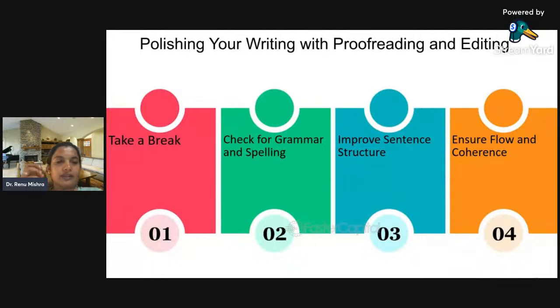What happens is that when you are working on the same piece of work again and again, we just can't see the errors in our work. It's very simple. We can't see those errors that others can see. So it's always advisable to take a break from that work, then relook, then improve the work, and then ensure better consistency across the flow. Okay.